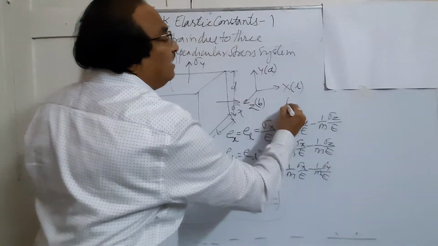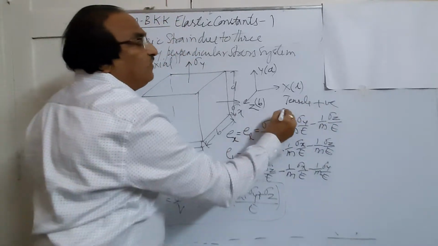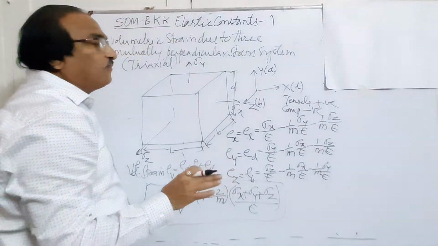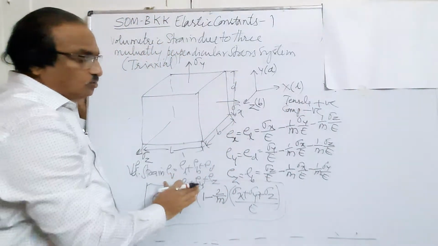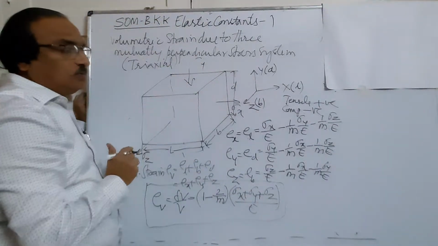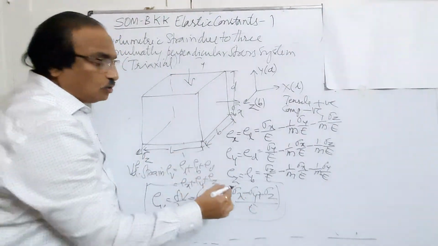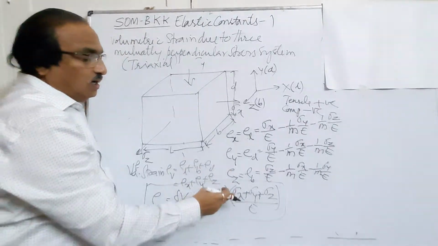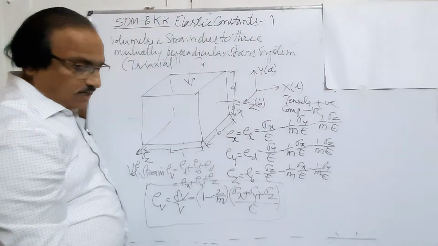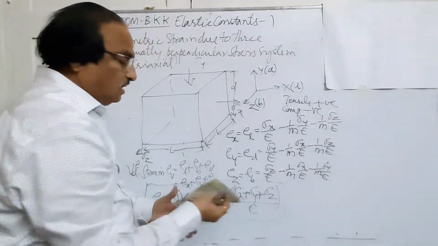If it is tensile, we take it as positive stress. If it is compressive, we take it as the negative stress. So you should be careful here. Here all are tensile in nature, so the values are positive, positive, positive. If I take one of them as compressive, say sigma y is compressive, then this sign will become negative. So depending upon whether tensile or compressive, the stresses will be tensile stresses or compressive stresses. So you should use correctly the values for getting the volumetric strain.